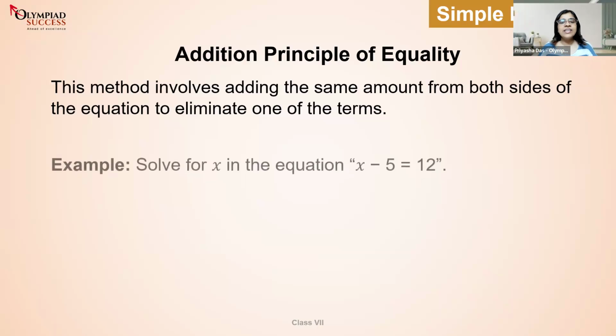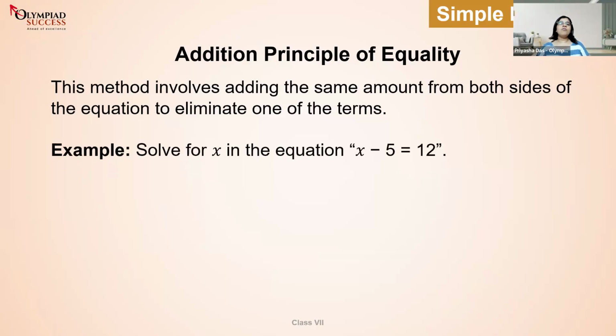Okay. So let's say the question is you have to solve for x. x minus 5 equals 12. Let's see the fastest finger first. Who are the first three people to answer it correctly? The value of x in the chat box. Lovely. We have one from Shaurya, one from Shravya, but the answers are not matching. One from Ishan and another from Neeraj and Shravya. Well, the first, second, third in this case would be Shaurya, Ishan, and Neeraj. Good job. Let's see how.